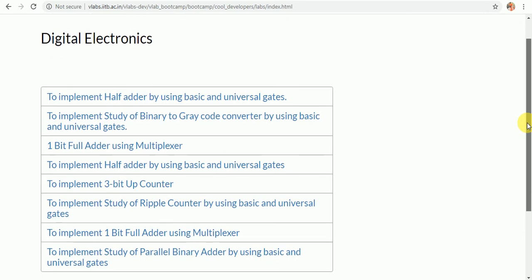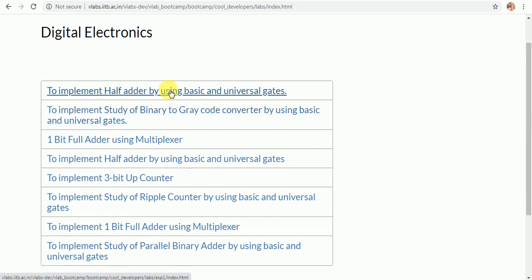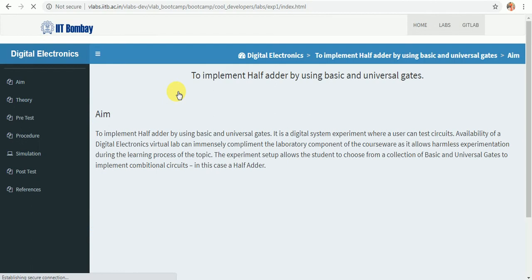Here the list of assignment is given. Here click on first assignment to implement half adder by using basic and universal gates. Here you can see the name of the assignment to implement half adder by using basic and universal gates.